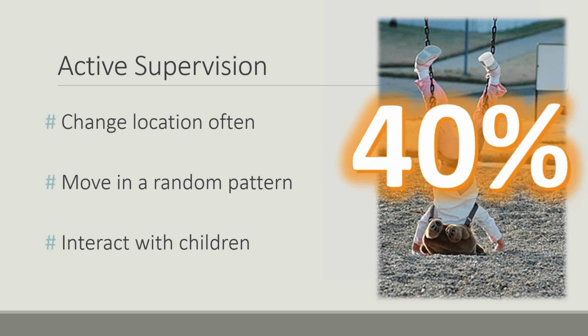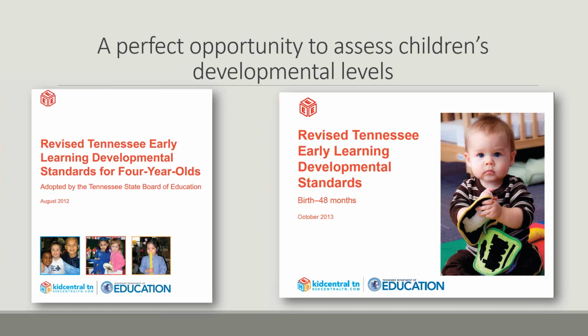Proactive supervision on the playground, it's also when children are outside involved in gross motor, it's a perfect opportunity to assess these children's developmental levels. Now, we automatically think, oh yes, it's a great time for gross motor observation, and it is, but there's so much other learning that takes place when children are outside that providers can open their eyes and be aware of as well. I have included in here a link to a video, and I want you guys to watch this